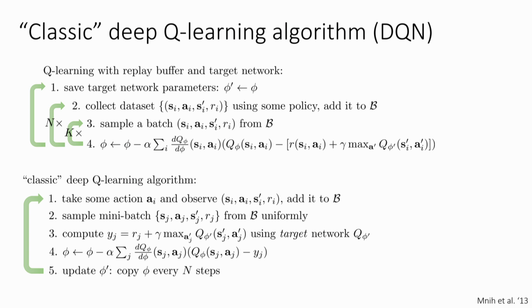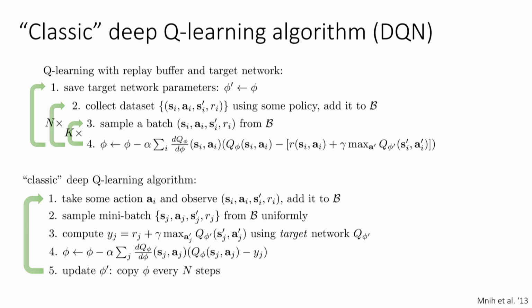OK, questions? Yes? So, but now the target is still moving. It's just moving less frequently. Why does this work? Yeah, so the question is, the target is still moving, it's just moving less frequently. Why does this work? Well, the answer is that sometimes it works and sometimes it doesn't. So if before it never worked and now you update it every 10,000 steps, maybe it'll work 9,999 times out of 10,000. So it's not a bulletproof fix. It's a heuristic solution to a very intractable problem.